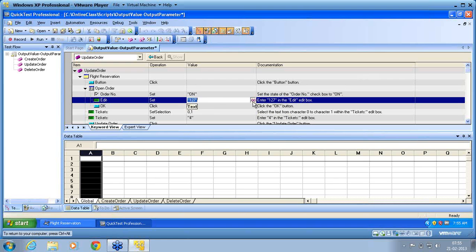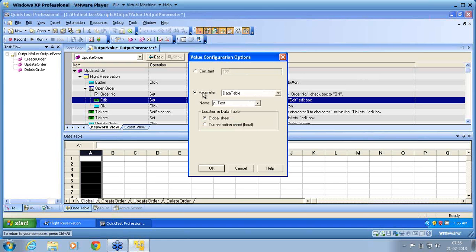Click on configure value, parameter. Now you can see that it is not displaying or allowing me to take the value of the previous action. It is not available. You can see only data table, environment, random number. So I cannot, directly in the script, take the previous action value to another action. That is not allowed. So if I have to do it,